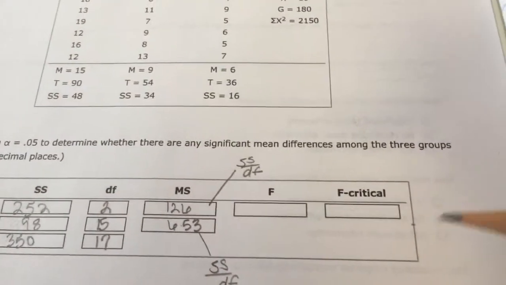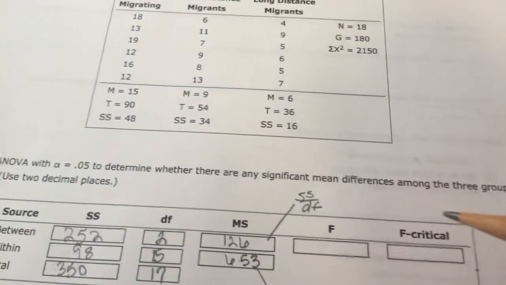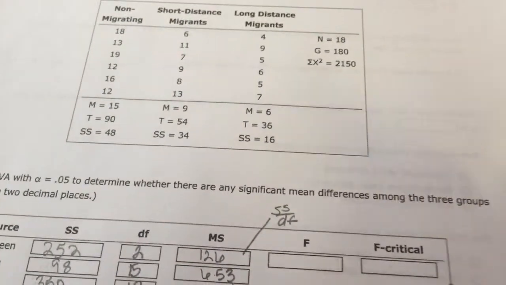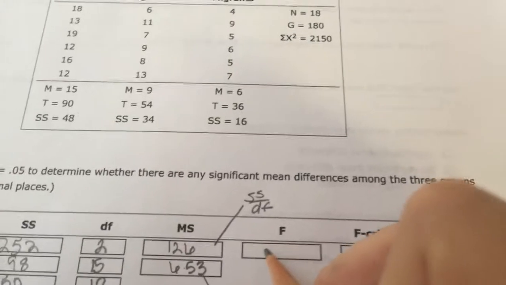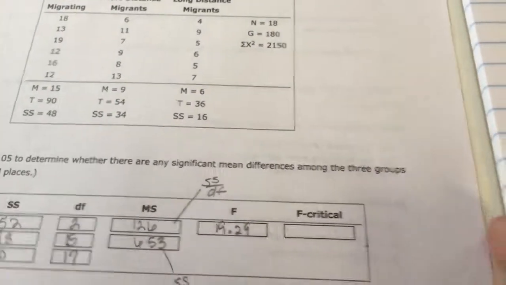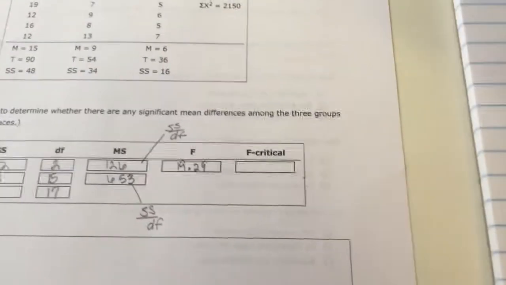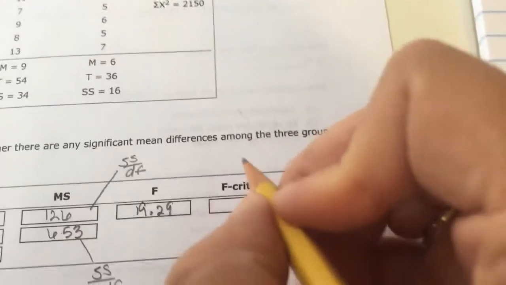And then we get our obtained F value by dividing those two numbers, and that gives us 19.29. Now, if you look in the back of the book with your tables of values, you'll find that our critical value is